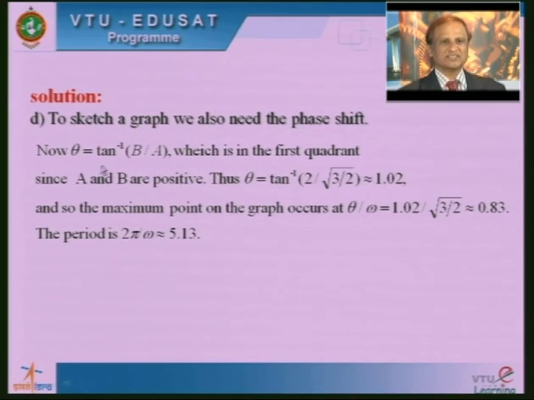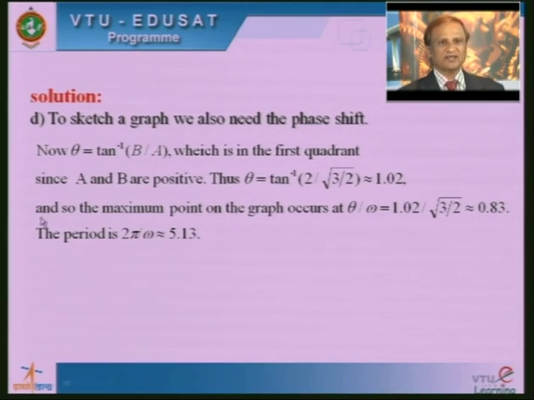So theta is equal to tan inverse of b by a, as I mentioned earlier, which is in the first quadrant since a and b are positive. Thus theta is equal to tan inverse of 2 divided by square root of 3 by 2. You know the values of a and b, so we can substitute and simplify. Approximately you will get